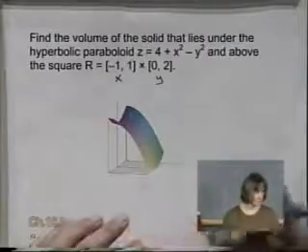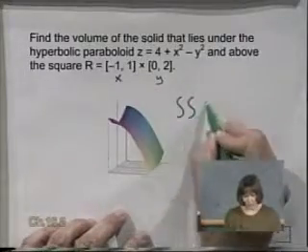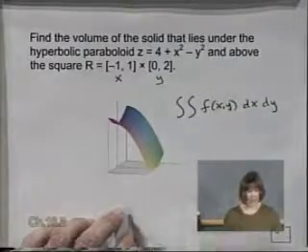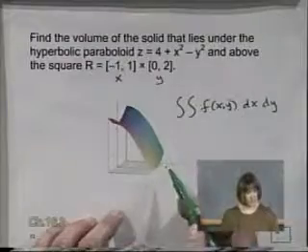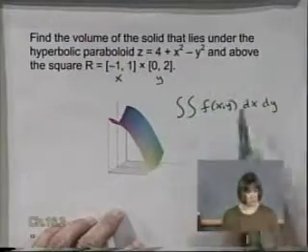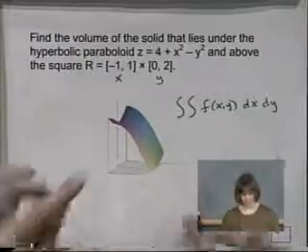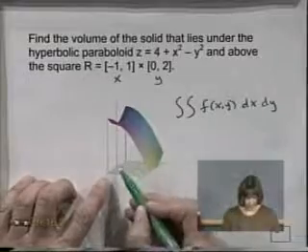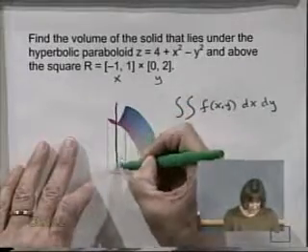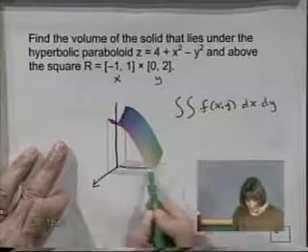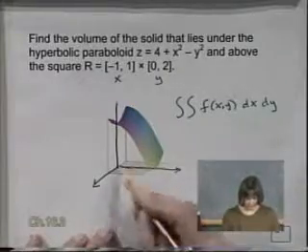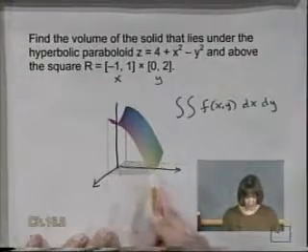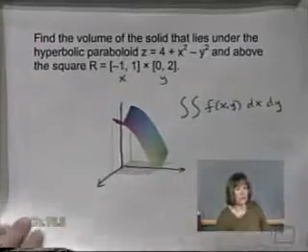And what we've been doing for the last 45 minutes is we said that if you take the integral of f of xy, and I don't care if you go dx dy or dy dx, if your surface is above the xy plane, what this integral will give you is the volume of that tent that has this for its rooftop and its base here. Notice this is the z-axis, this is the x-axis, and this is the y-axis. And this little region that I have here shaded, x is ranging from -1 to 1, and y is ranging from 0 to 2. So the integral that we need to set up